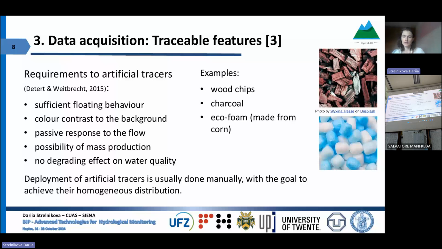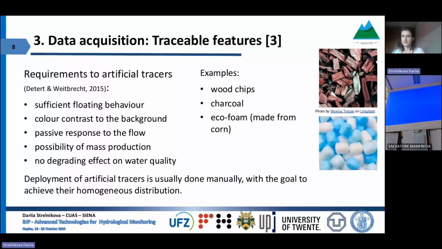And usually the deployment of these tracers is done manually, and we are going to achieve the homogeneous distribution to show the behavior in all regions of the flow which are of interest to us. So you should not underestimate